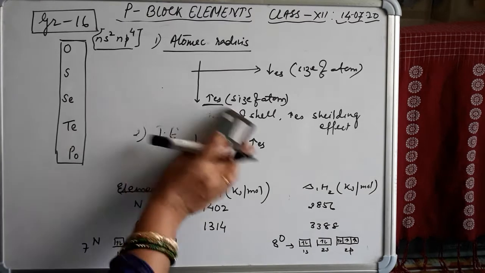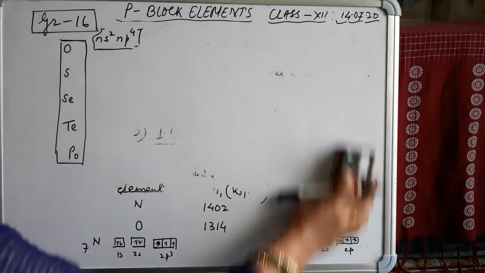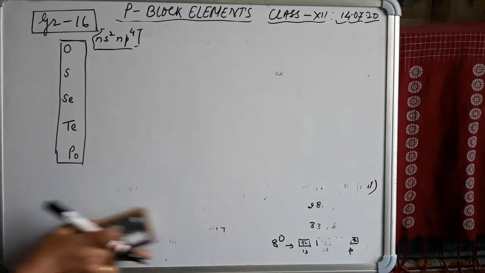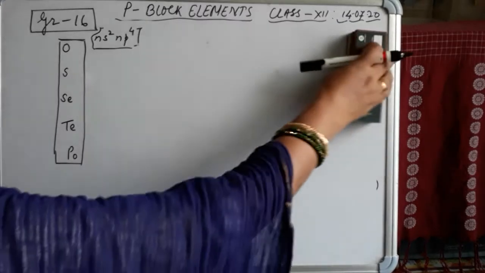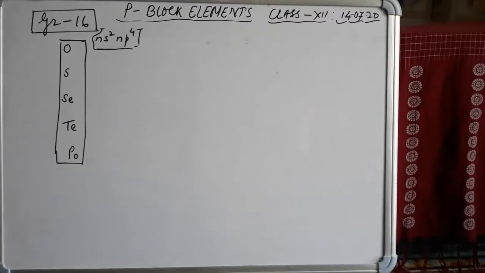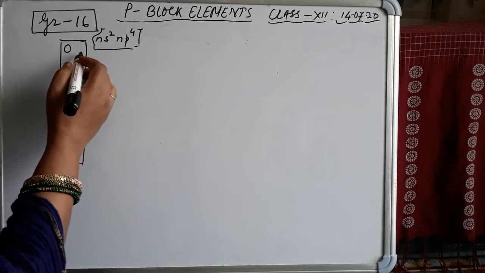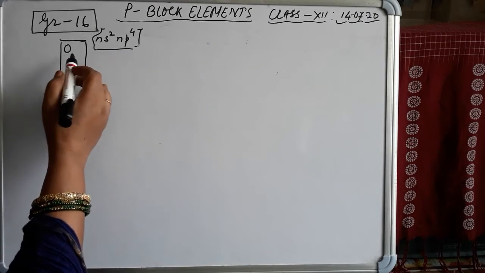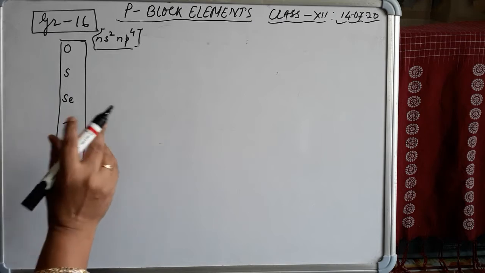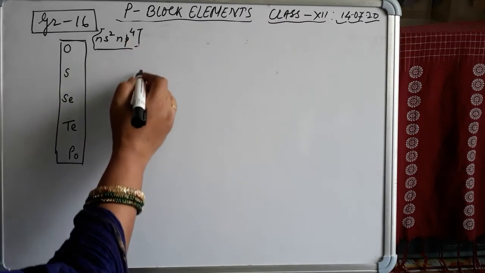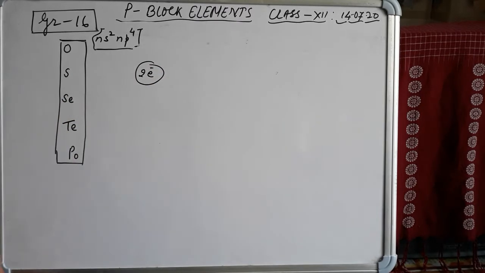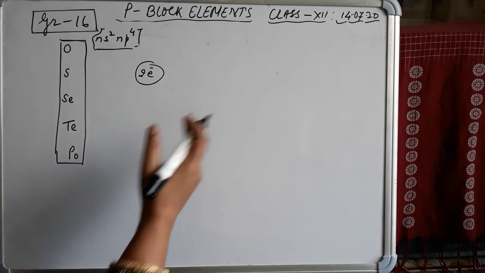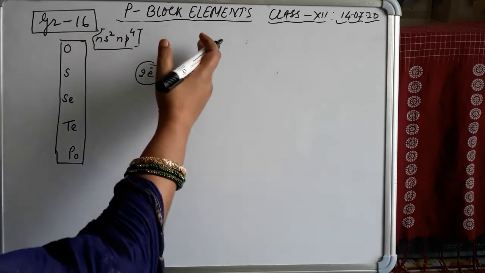Let's discuss the electron gain enthalpy. What is electron gain enthalpy? It is the amount of energy released when a gaseous atom accepts an electron. So students, if we discuss group 16, the elements of the oxygen family need only 2 electrons because they have 2p4. So they acquire only 2 electrons for their stability. They have very high electron gain enthalpy, which is next to the elements belonging to the halogen family, because group 17 comes just after group 16.